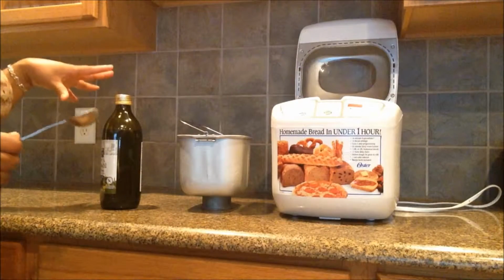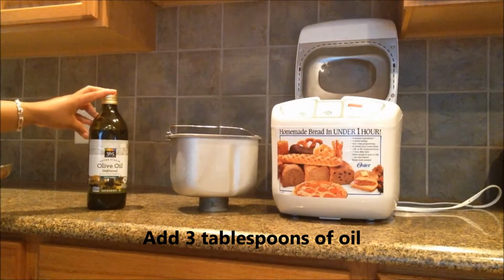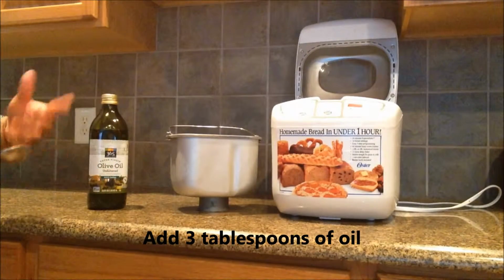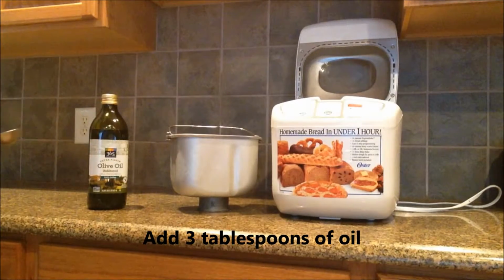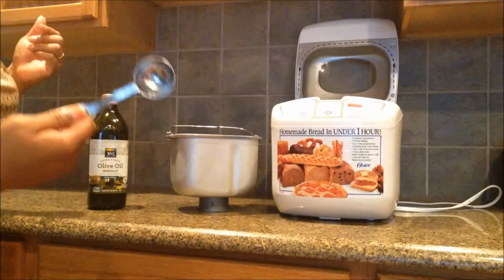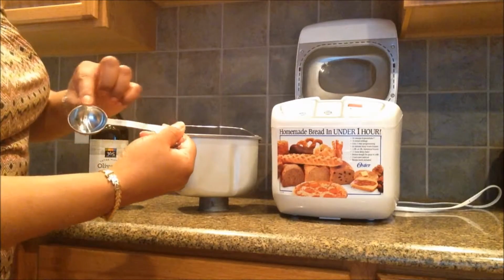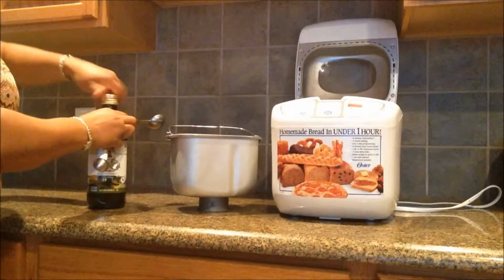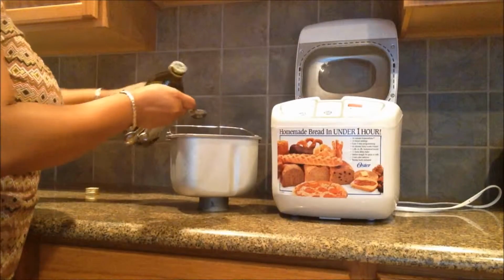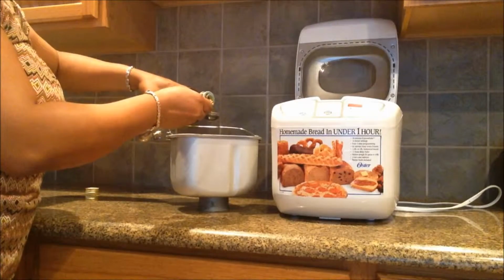It calls for 3 tablespoons of oil. You'll notice that I have used here extra virgin olive oil. It's unfiltered and it's cold pressed. You can really use any kind of oil you want. Sometimes when I run out, I substitute with something like grapeseed oil. In this case, I'm going to use 1 tablespoon, but I'm going to do it 3 times because it needs 3 tablespoons. So we have 1, 2,